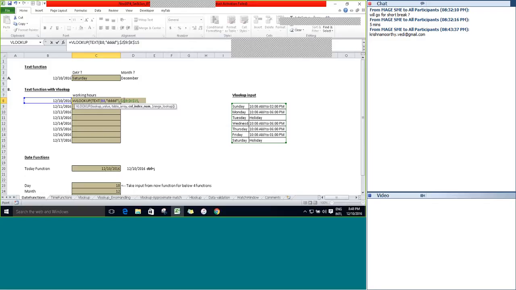Press F4 to fix, comma, column index number. The column index number is going to be, is it 1 or 2? What is the column index number? It is 2 because we are going to retrieve the second column in the VLOOKUP input. We are going to retrieve the working hours. So we have to provide 2, comma,